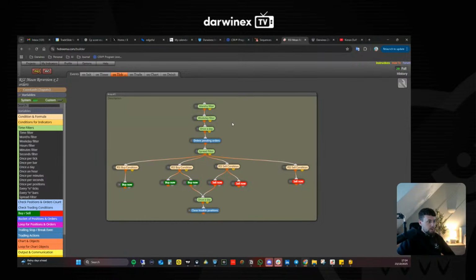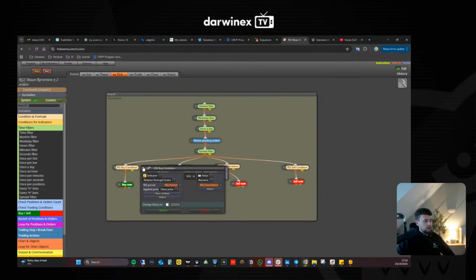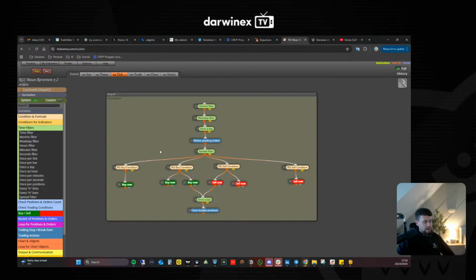So what I was trying to do, I built this out so much, is I've got a month's filter on there, but I haven't got it activated. Same with the weekly filter, obviously rejects Saturday and Sunday, but that's no bother. Once a day at a specific time, it will delete any pending orders that we have. It will then check the current spread. If the spread is under the limit I've set, it will look at the RSI. It will then calculate whether the RSI is above or below a specific value. If it is, it will enter the first trade, which is these trades in the middle.